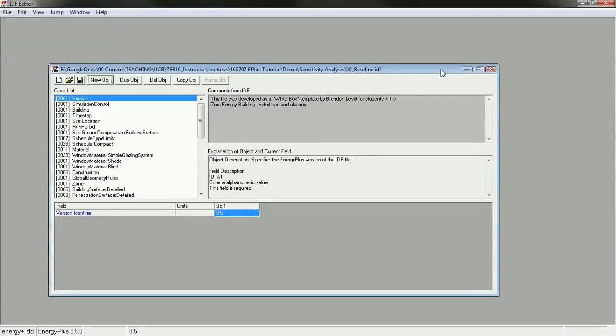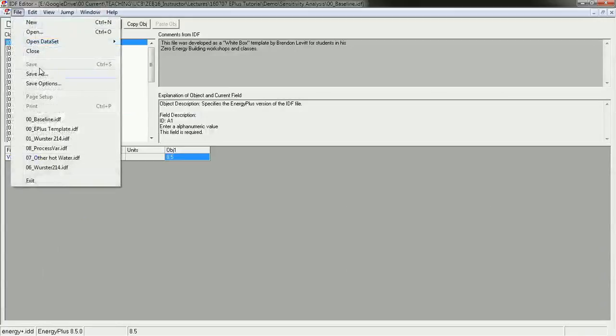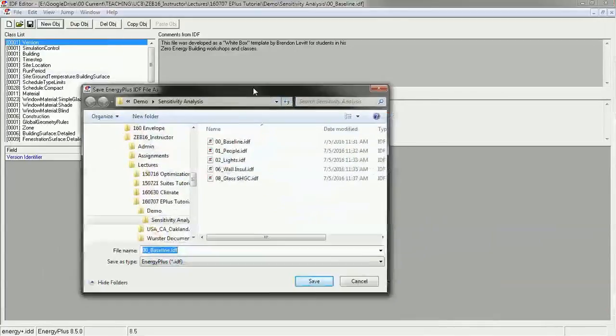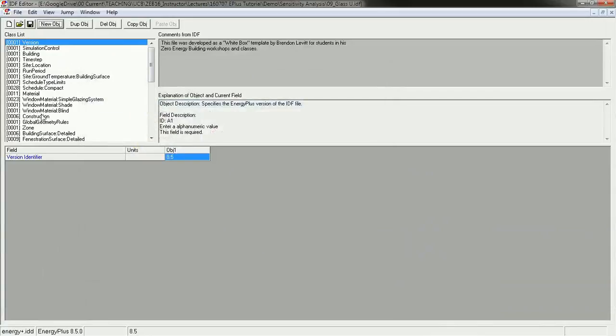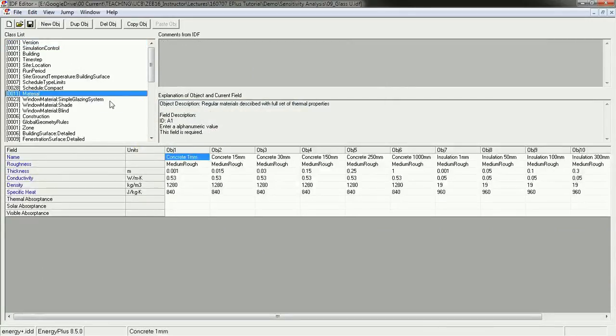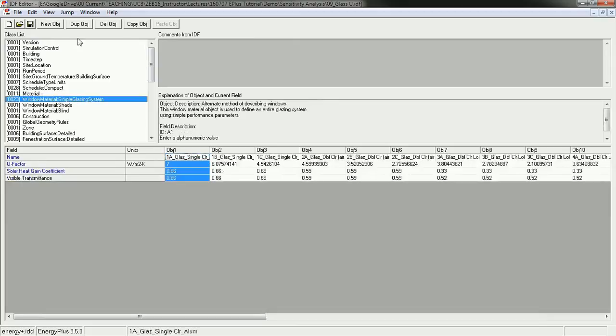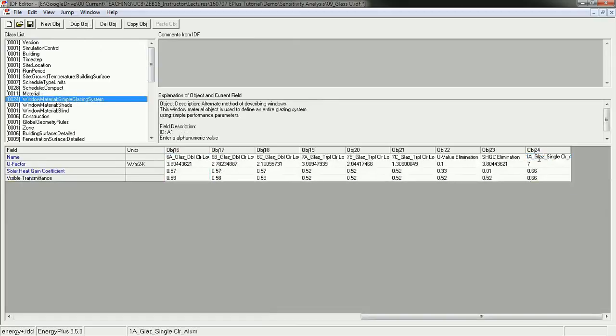And I'm going to go back and save now a copy of 09 glass U value. And same type of procedure, we're going to go to the glazing systems, copy the one that we're using, or duplicate it, and then I'm going to rename this U value, oops, well, U value elim. These I had already made, so I'm going to delete these because they're a little confusing in this context. So I've got the U value one, and now I'm going to keep my solar heat gain coefficient